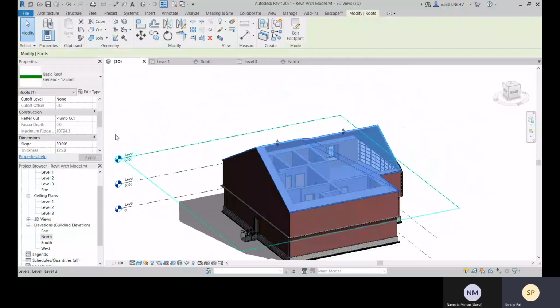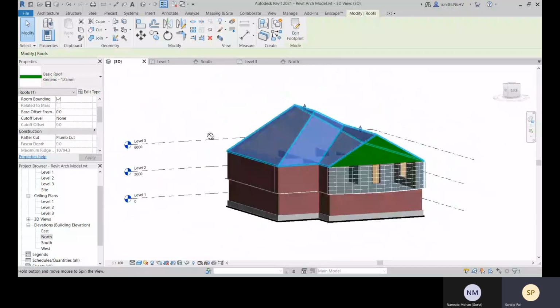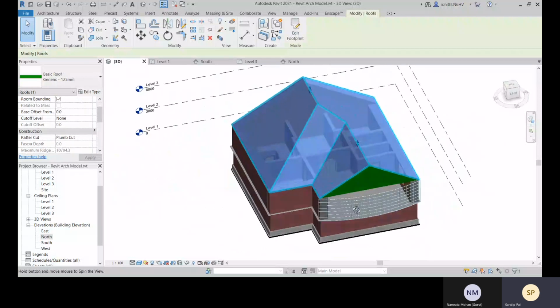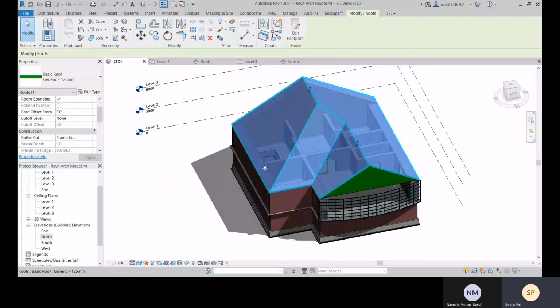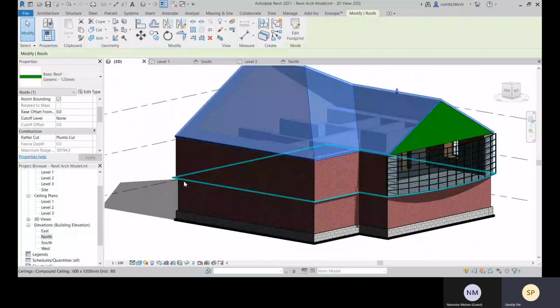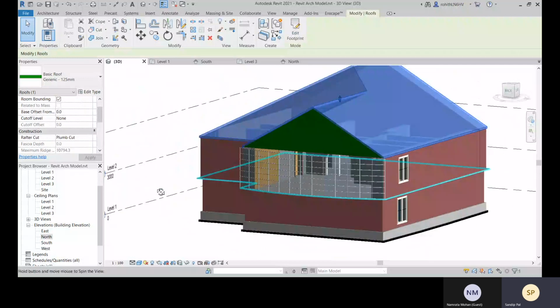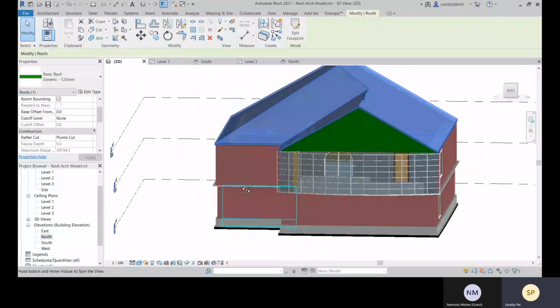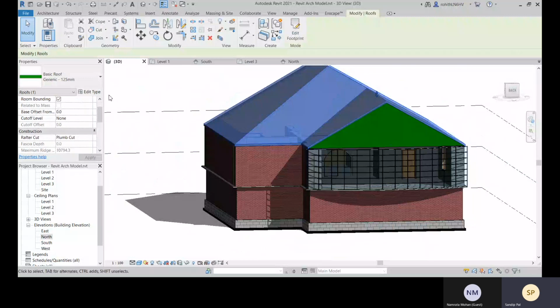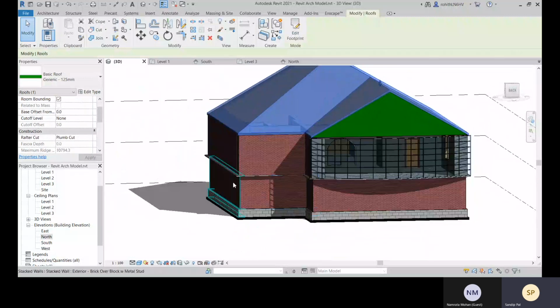And here you can see this cutoff level is there. Okay, so cutoff level is like, if there is anything you want to create, suppose this kind of roof you want to create over there. So let me show you what this cutoff level is about.